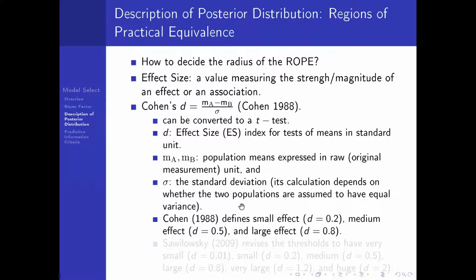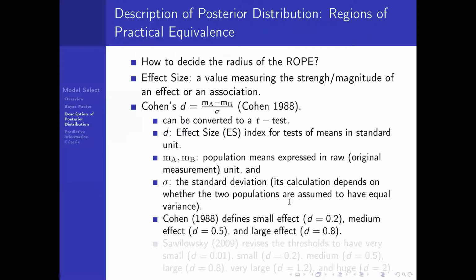And Cohen defines d to be small, or having small effect, at a threshold of 0.2. Okay, so around 0.2 and below it is considered to be a small effect. The medium effect size is set at 0.5 and large effect is set at 0.8